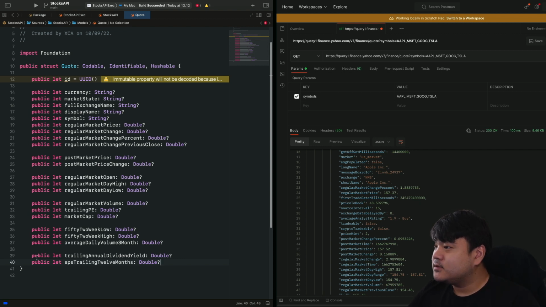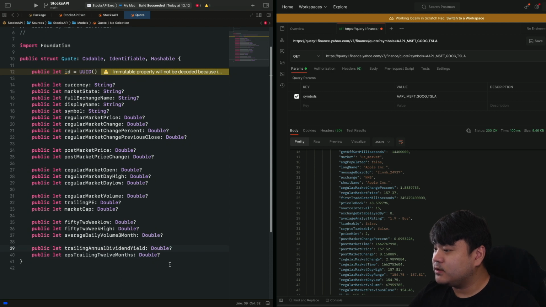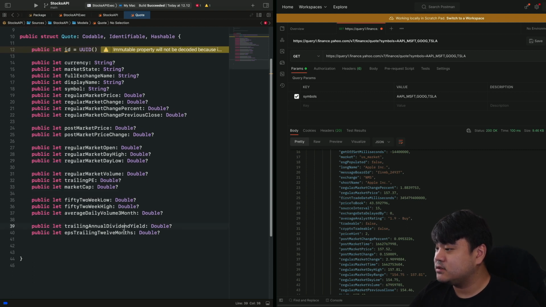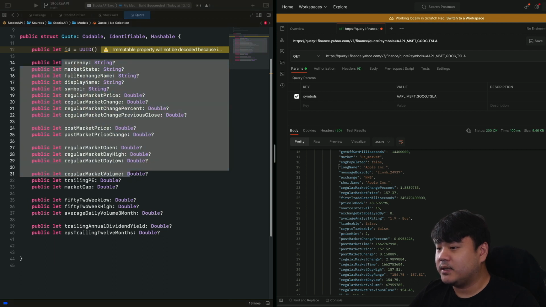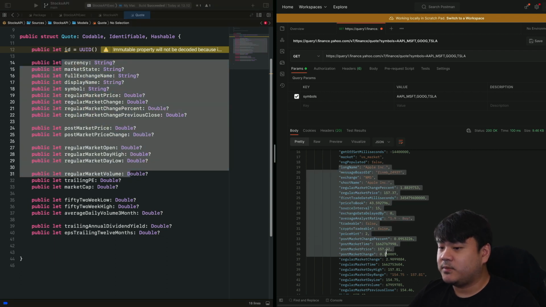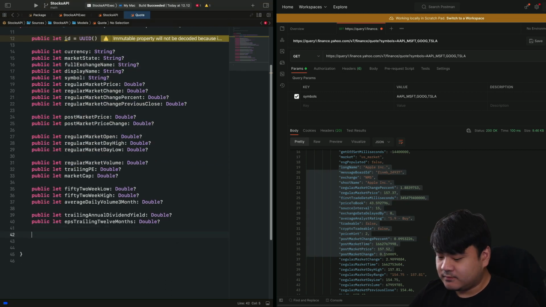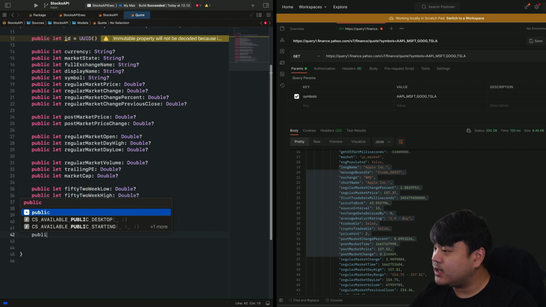Okay. So we have all of these properties, and so this already conforms to Decodable and Encodable. Okay, and we won't apply any custom init decoder for this, so it's going to be like a one-to-one mapping compared to this JSON response. Okay, but I will also create a